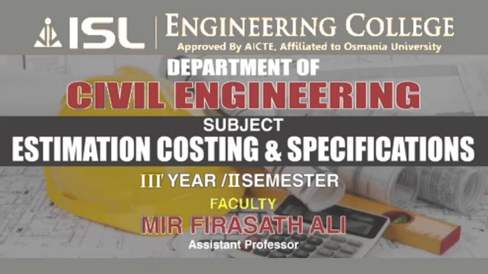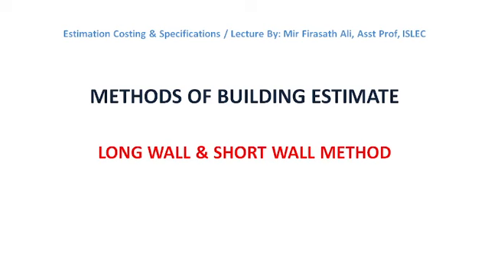So students, we are into the topic of methods of building estimates. We have found out that the dimensions, that is nothing but length, breadth and height or depth, are to be taken out from the drawing or plan, elevation and section. From the study of the drawings, the building is to be imagined and pictured in the mind, and the dimensions are to be taken out correctly. There is no hard and final rule for finding out dimensions from the drawing, but the dimensions are to be taken accurately. So understood students?